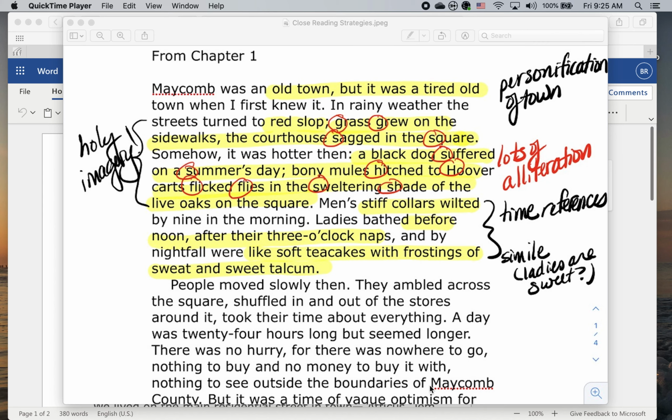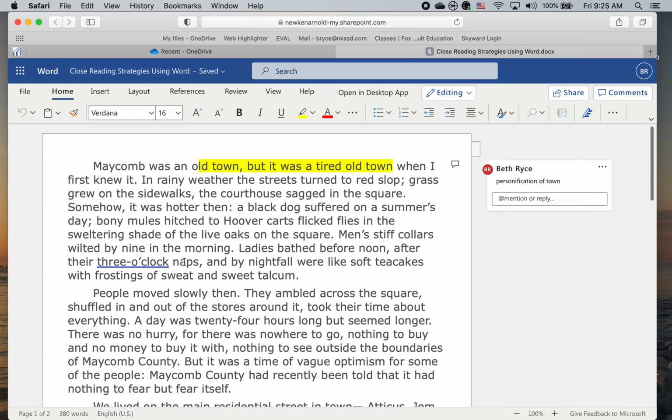There are other ways to do the annotations and the margins and stuff like that. It's just harder to be able to indicate that something has multiple things going on in it. So that's what it looks like if I'm using handwriting, an application, or a piece of paper. Now if I'm using Word, I'm on a laptop right now and I'm using Word, the online version of it, not the desktop version. You'll notice it's the same passage that I have there, and I've already highlighted something, and